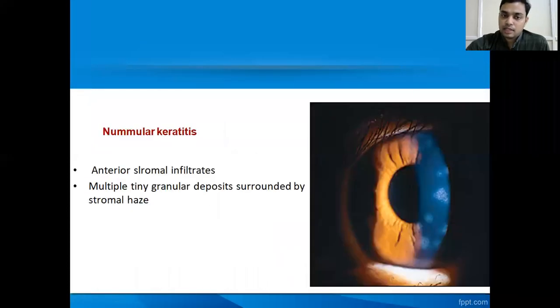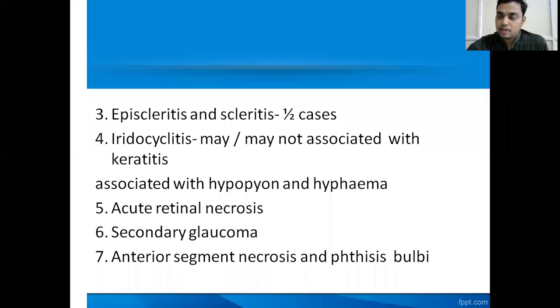First it starts with the conjunctiva as mucopurulent conjunctivitis. Then in the cornea, we see epithelial keratitis, nummular keratitis, pseudodendrites. Stroma is involved, we see disciform keratitis. And episclera, sclera are involved, iris and ciliary body are involved, and even retina is involved, and there is a chance of secondary glaucomas. And in severe cases, there is a complete anterior segment